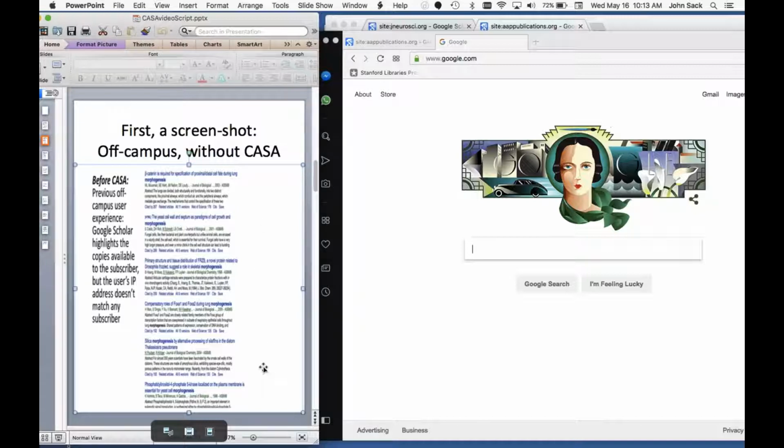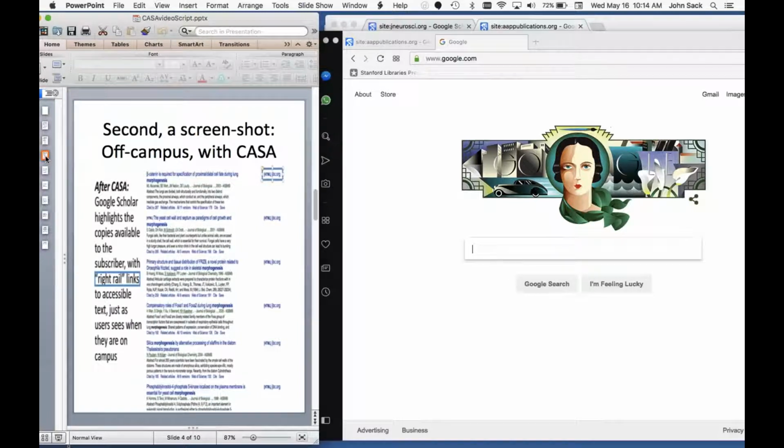Essentially, there was nothing that would tell them they had access to subscribed content. But now, after CASA, it looks like this. Google Scholar users are quite familiar with these right rail links that show up. They tell them pretty clearly,